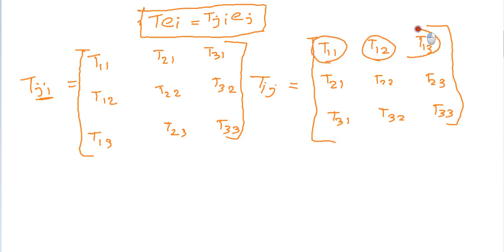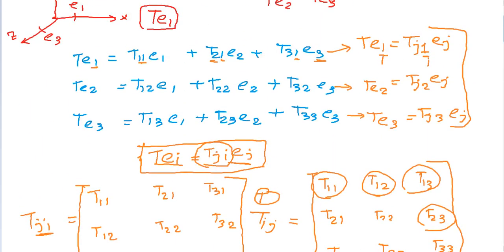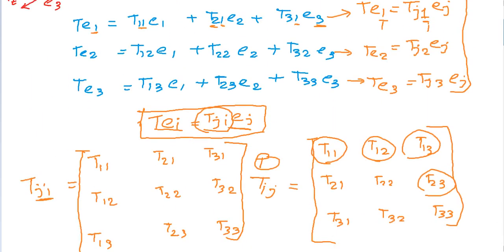These are the components of the tensor, right? So we see how tensors are related to base vectors here. These are base vectors and these are components of T, right? This tensor, that means T or Tij, or you can even write T, is called the matrix of the tensor. The most interesting thing about this tensor is that if we correlate T to the system applications here, we see